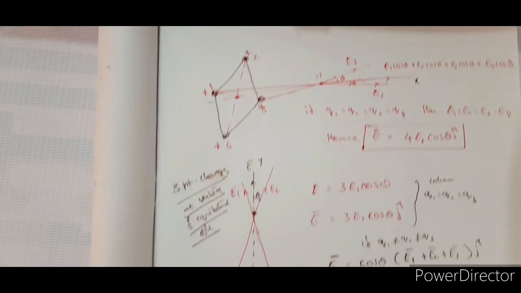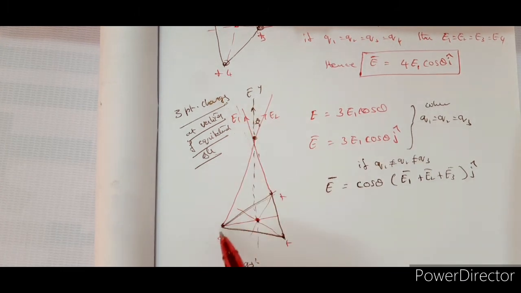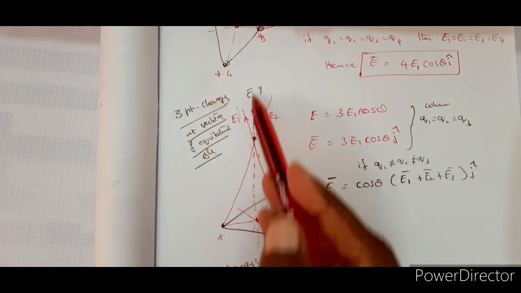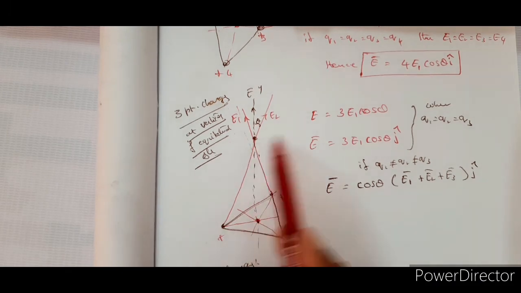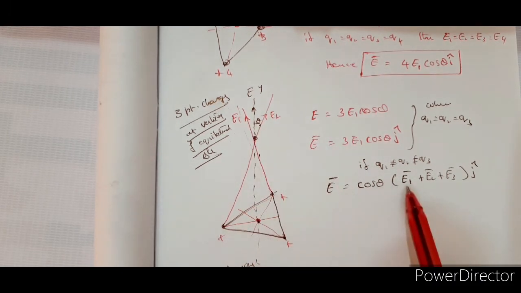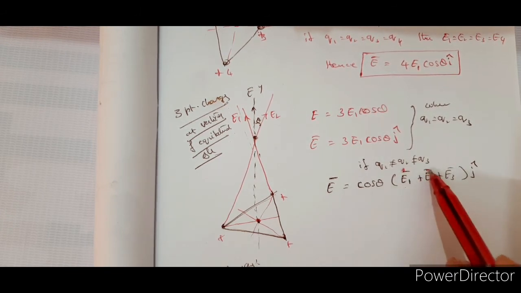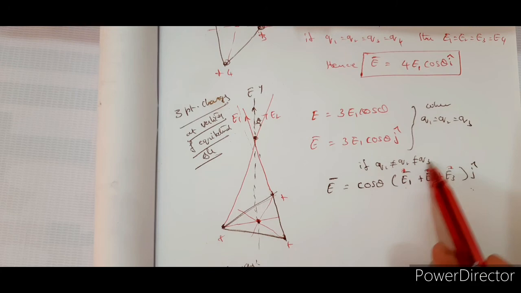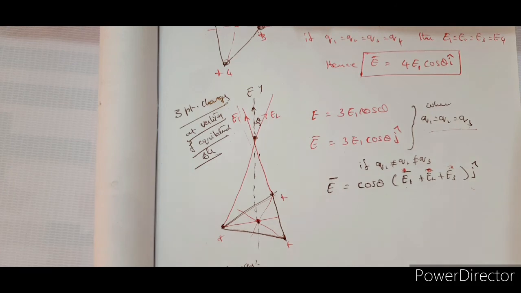Same, you go with the triangle. At the 3 vertices of the triangle, at this point, because of this charge, this is how the field is. Because of this charge, this is how the field is. So now along the y direction. Now here though I took the diagram in this manner, my axis is here along the y axis. So when all the 3 charges are different, that is E1 cos theta plus E2 cos theta plus E3 cos theta, right, into j cap. That becomes the vector. Now suppose all 3 are equal, Q1 is equal to Q2 is equal to Q3, then 3E1 cos theta into j cap. Right. So this is about the symmetrical distribution of the charges.